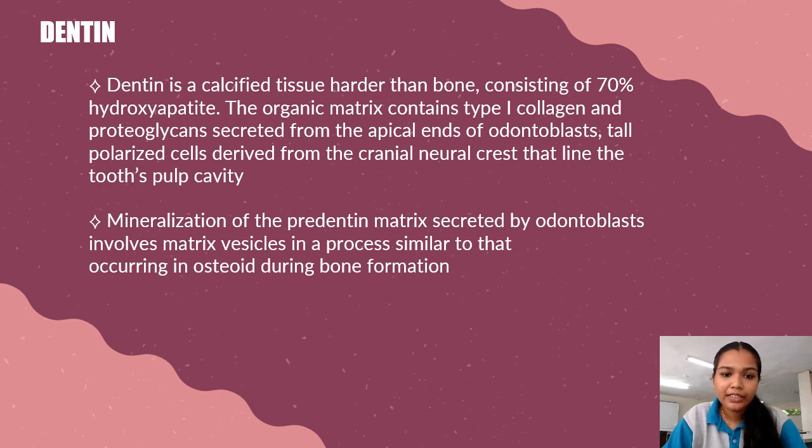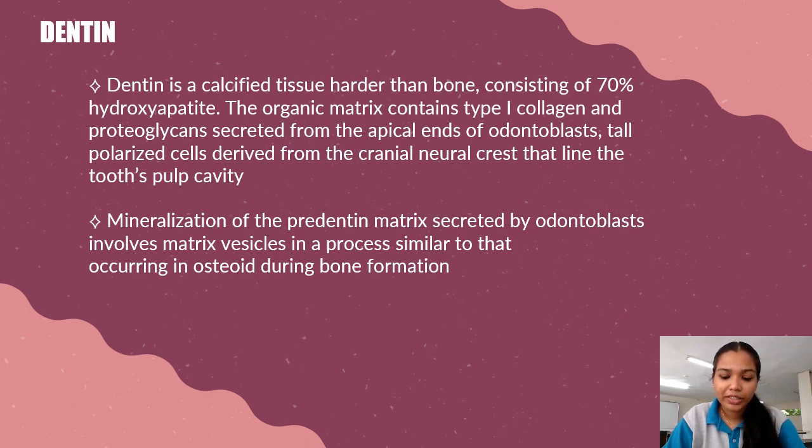Dentin. Dentin is a calcified tissue harder than bone, consisting of 70% hydroxyapatite. The organic matrix contains type 1 collagen and proteoglycans secreted from the apical ends of odontoblasts, tall polarized cells derived from the cranial neural crest that line the tooth pulp cavity. Mineralization of the predentin matrix secreted by odontoblasts involves matrix vesicles in a process similar to that occurring in osteoid